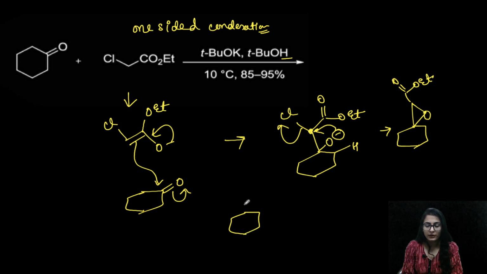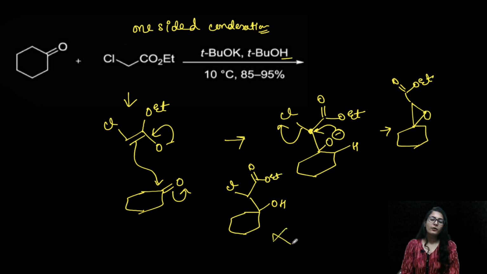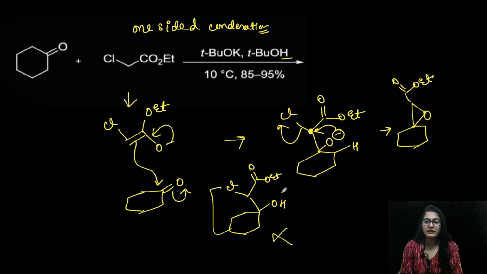If you want to draw a beta hydroxy ester, that would be wrong. This is not correct. This is not going to form, right? So that is why we are going to move onwards and see one more example for further practice, that how can you draw the products of Darzens glycidic ester condensation. Okay, so we are going to see one more example. This is our second one.